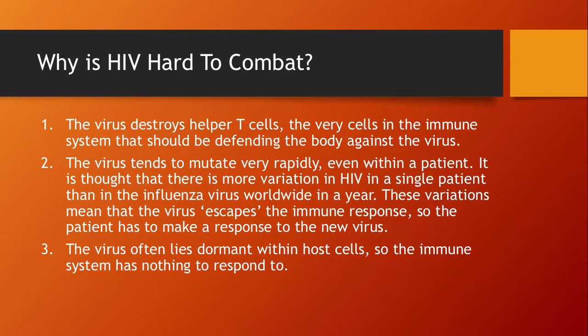These variations mean that the virus escapes the immune response, so the patient has to make a response to the new virus, and the virus often lies dormant within host cells, so the immune system has nothing to respond to. Okay, so because of these three actions, HIV is really hard to target,